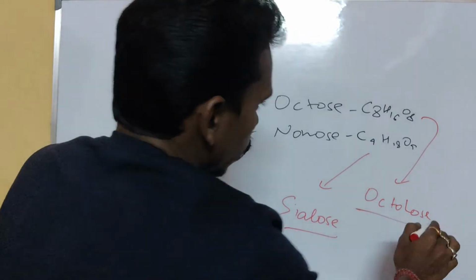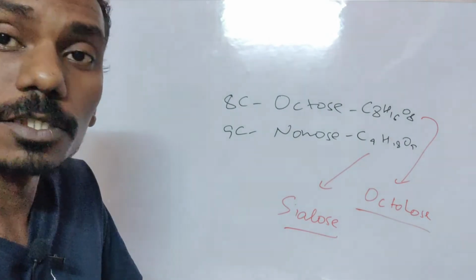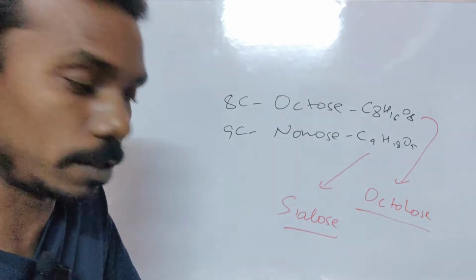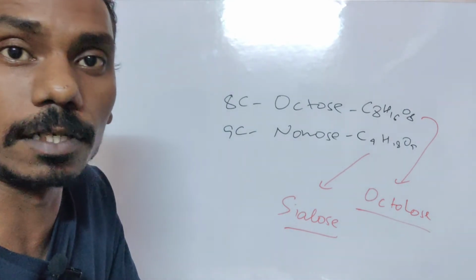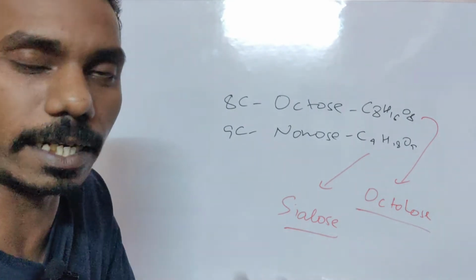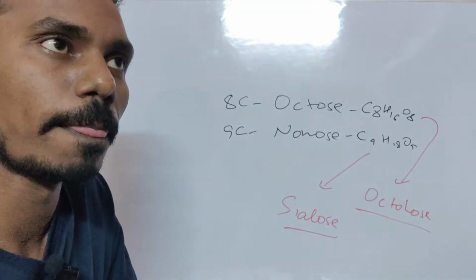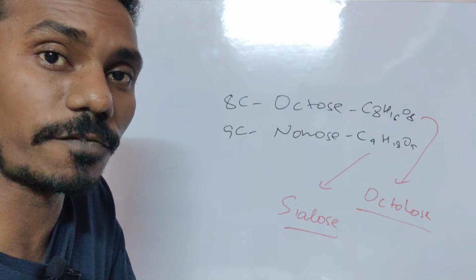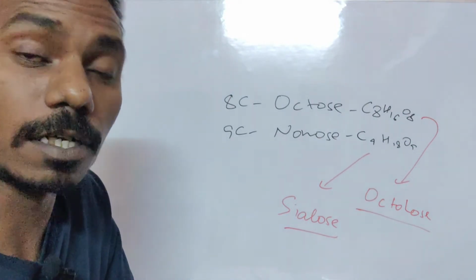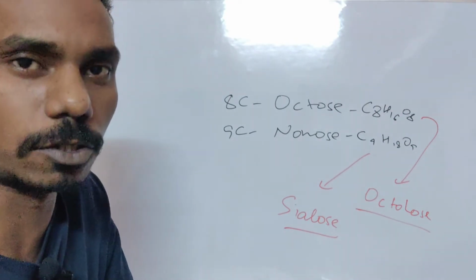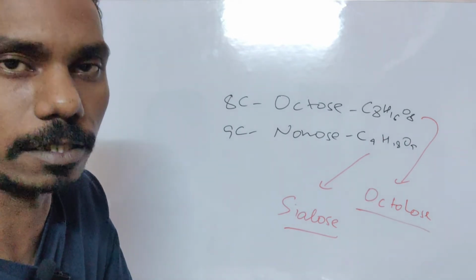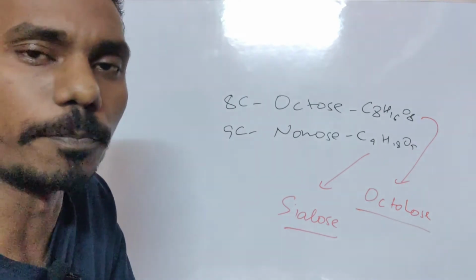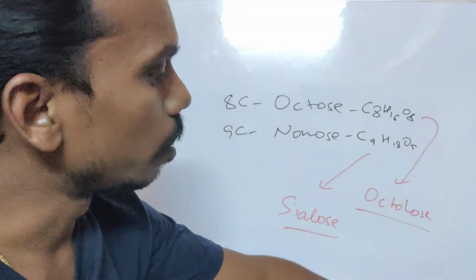These things are for your extra information. No one is going to ask you about the monosaccharides containing 9 carbon atoms or 8 carbon atoms. There are 10 carbon atom monosaccharides also present. But the basic thing is you have to remember the examples of at least up to 7 carbon atom monosaccharides, in which ribose, glucose, glyceraldehyde, and tetrose, that is erythrose, are important to you. So move forward.